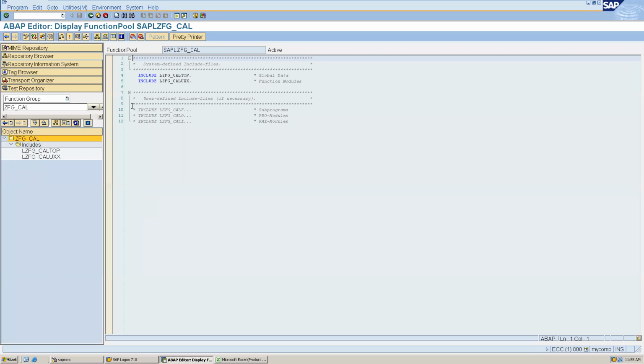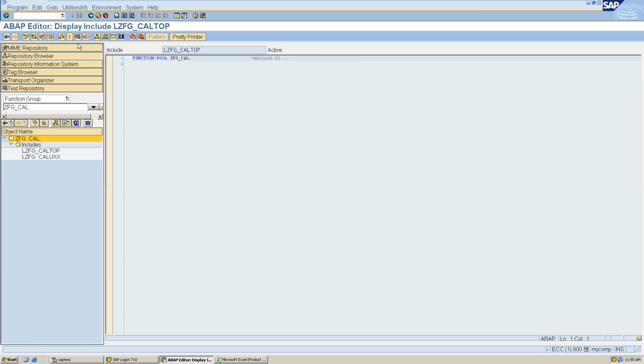Go to the main program. This is activated, so the active object is generated. And if I come here, this is active only. Actually everything is active.